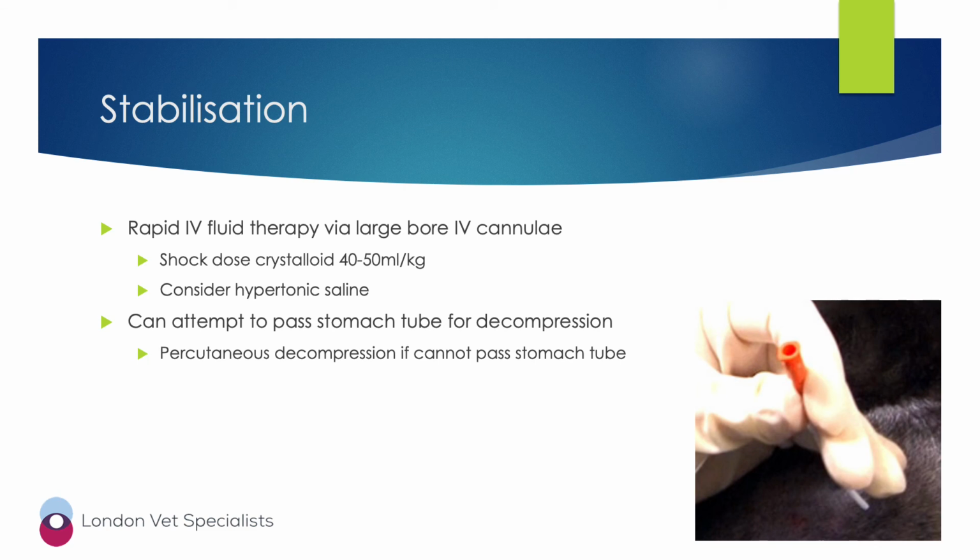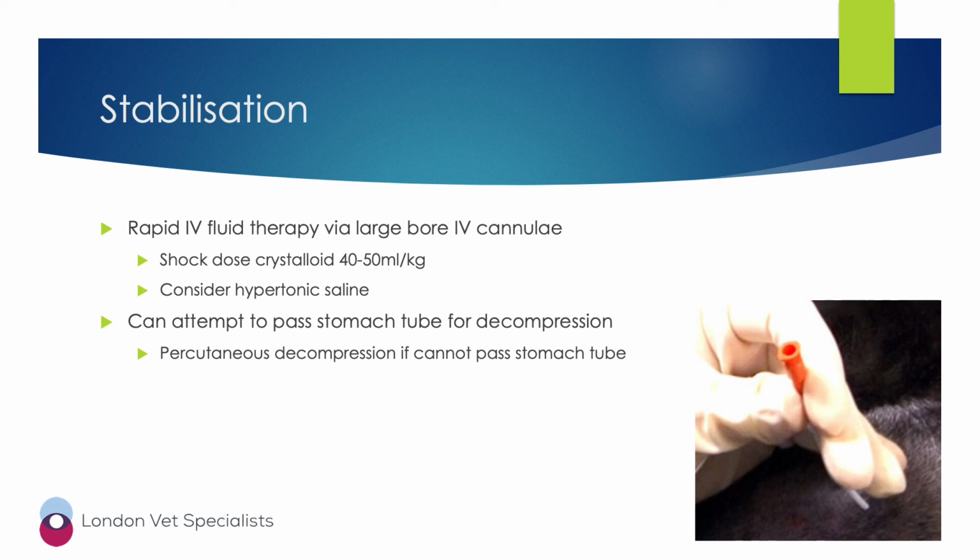So in terms of stabilization, we can again give fluid therapy. Again, it's a very common initial first step for stabilization of the emergency patient. And you want to give these through large, short cephalic catheters, and they can be given like quite shock doses, so quite high volumes, like 40 to 50 mils per kilo, very quickly with pressure bags ideally, in order to try and restore the circulating volume to the heart, which has been disrupted by the compression of the caudal vena